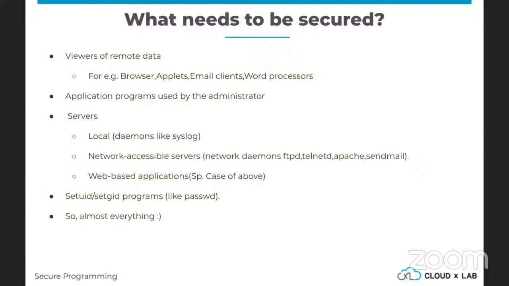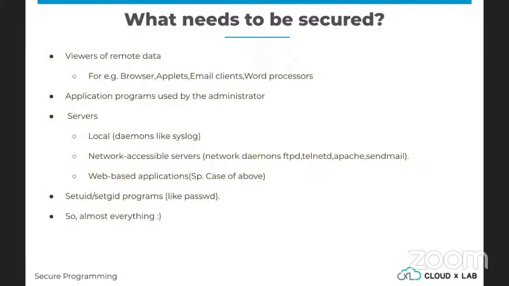Whenever I talk to people and explain that you need to learn to code and write secure code, the general answer is, hey, the kind of application I'm building doesn't need to be secure. And this is a very common answer.